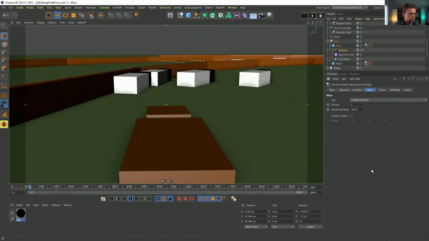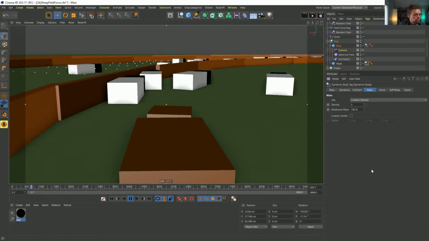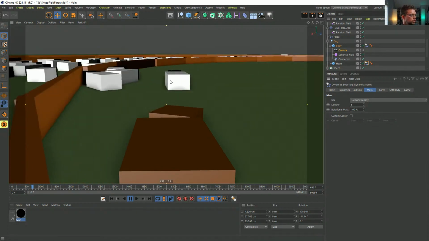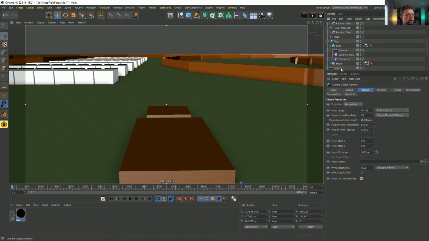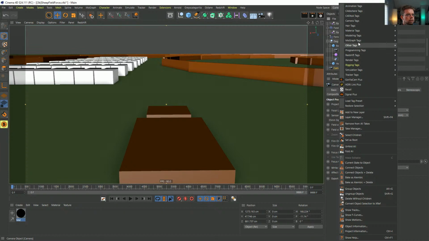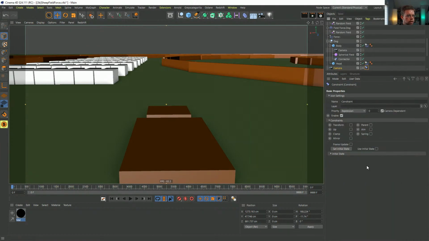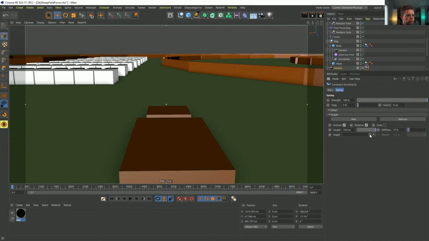And even here, just because we're here and it's fun and weird and interesting, something I'll do is, okay, we're on this doggy cam, which is fun, but it gets a little nauseating because we're completely perfectly locked to the dog. So here's something I do. I would make a second camera so we know where we want it to be, and here's our secondary one. So let's link to the secondary one and then do something simple like a rigging constraint tag, turn on spring. And what do I want to spring to? Well, I want to spring to, let's say, the position of the original camera. And I'll say a length of 0. And then independently, I'll put another one on.